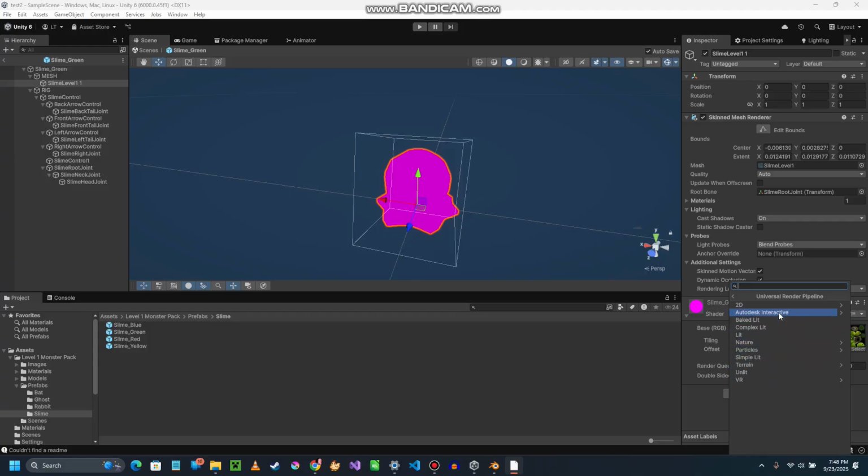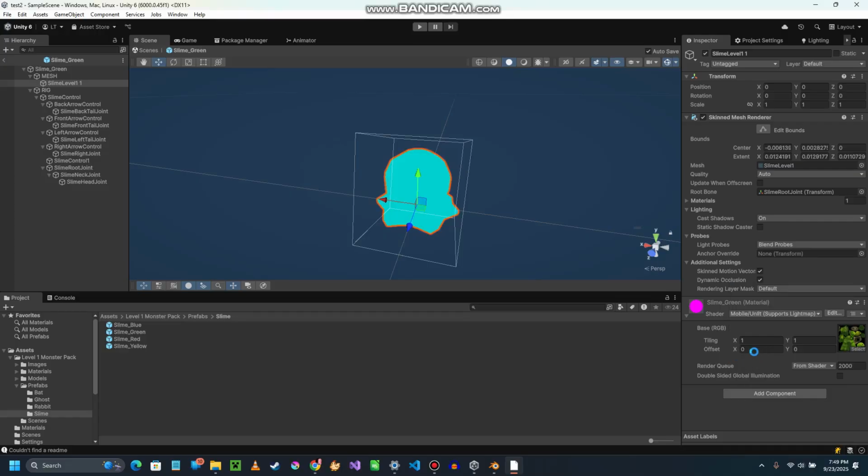And we are looking for a simple lit, I think is a good one. Simple meaning it's not too complicated, and lit meaning light will shine on it, and so where the light shines on it, it will be lighter, and where the light is not shining on it, it will be darker. Whereas if you do something called unlit, it will look different. So I'm clicking simple lit,